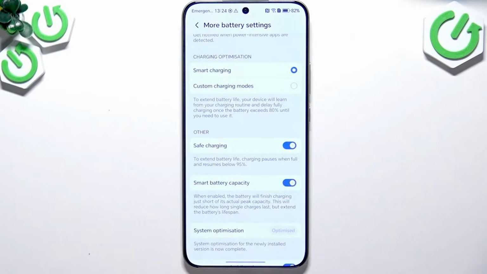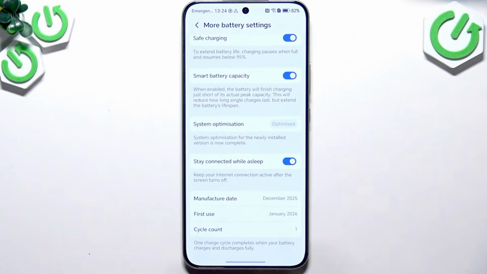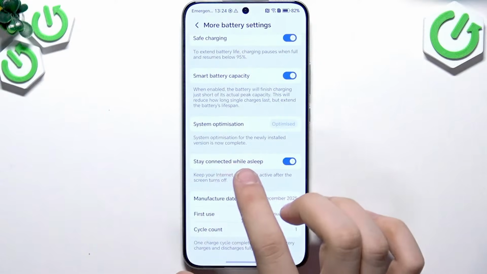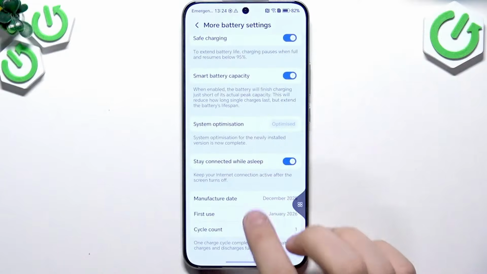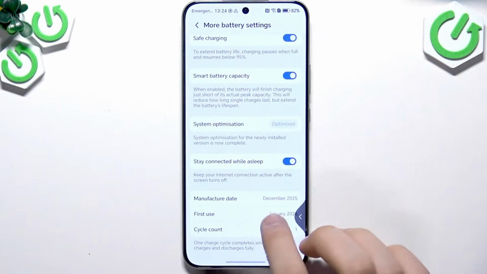We do have here to extend the battery life. Charging pauses when full and resumes below 95. Enable that up to your own preferences. Here, stay connected while asleep, system optimization, and smart battery capacity. Apart from that, go back,